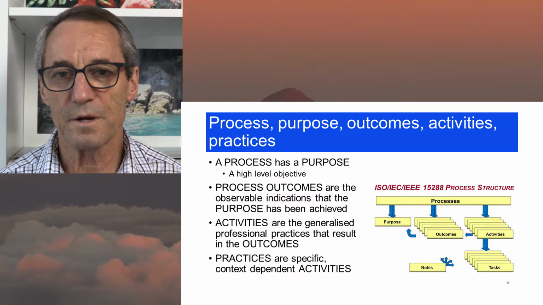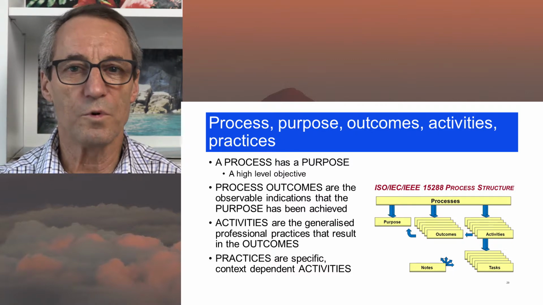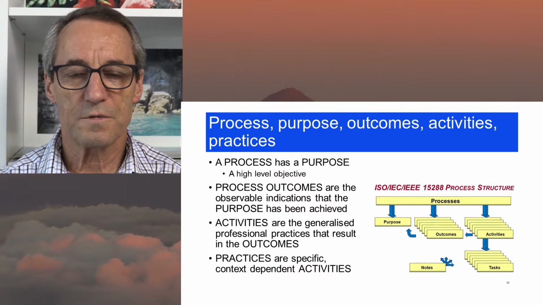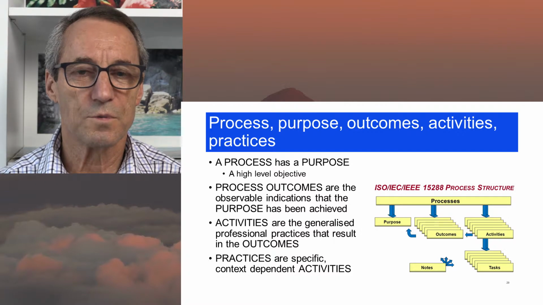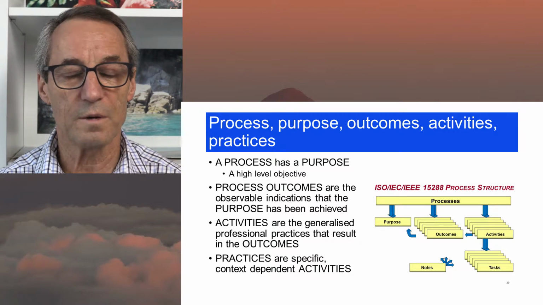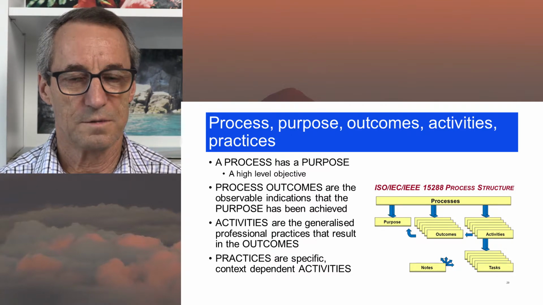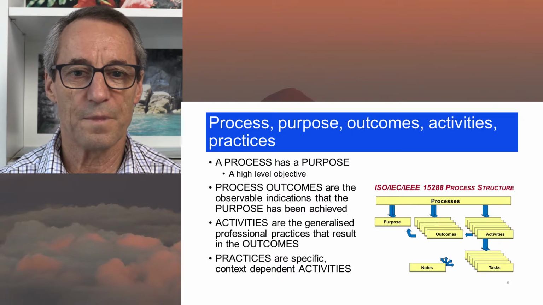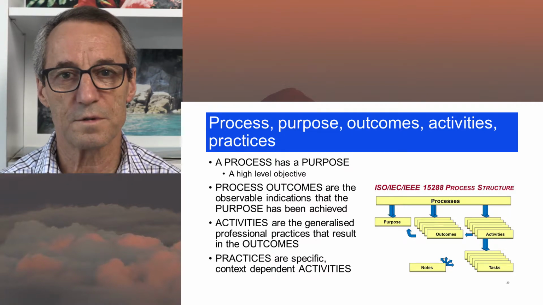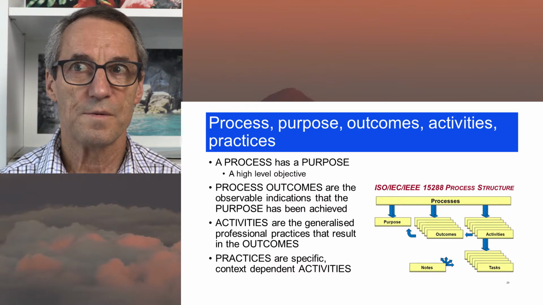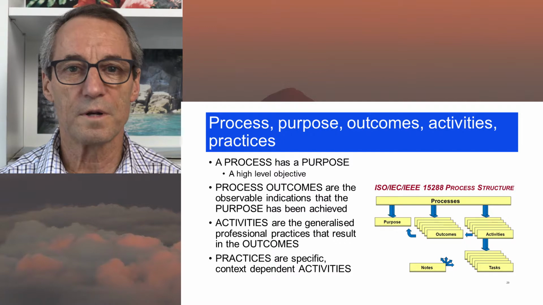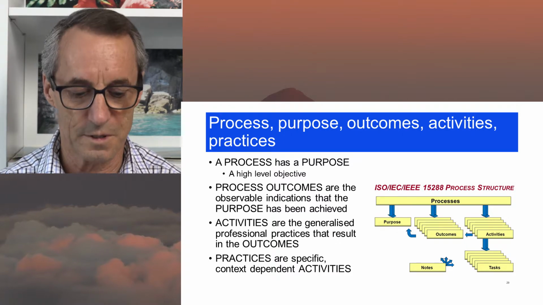Now, the process outcomes: these are the observable indications that the process purpose has been achieved. To explain it a different way, if you walked into a room where somebody said this process has been performed successfully, what would you look for to prove that the process had been successfully done? If it was an architecture, you'd be able to see an architecture. You would also probably be able to see the requirements that went into that architecture, and the quality assurance checking that was done on it. That may be all. But these are the externally observable indications that the process has been done.